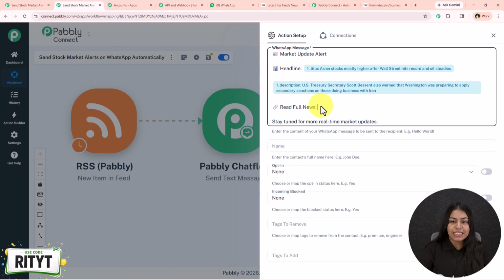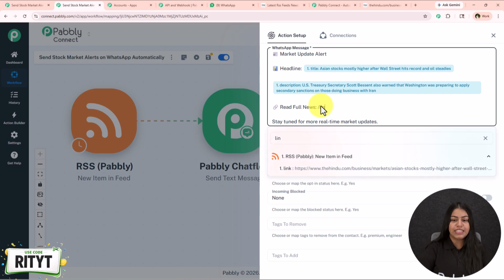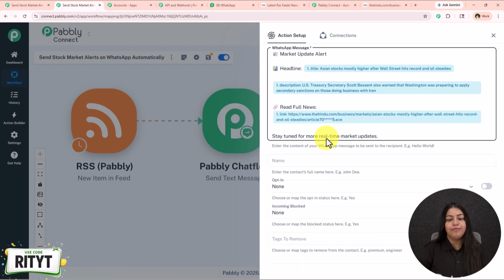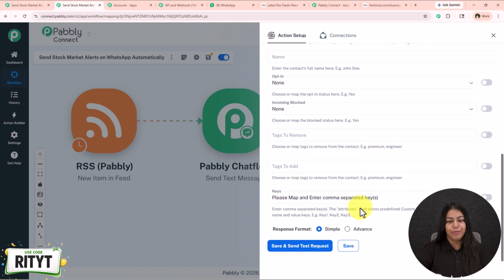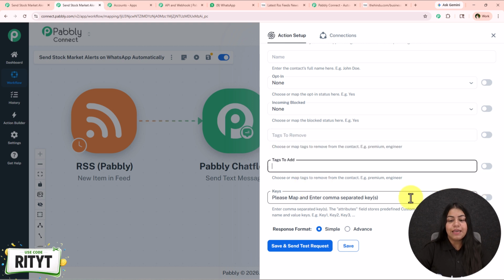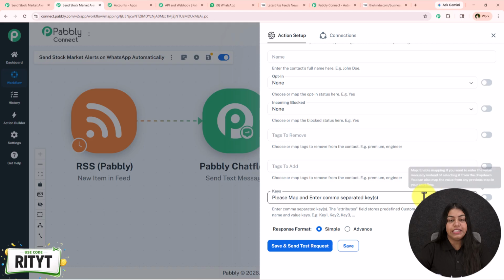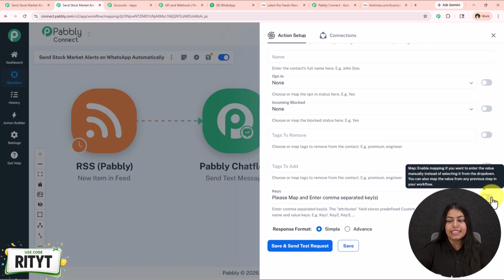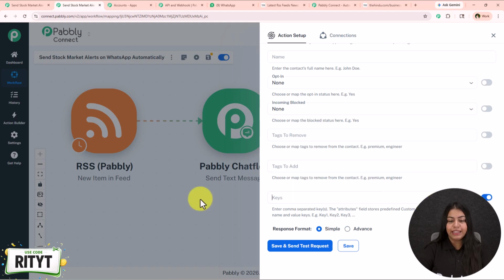In order to map these details, you have to put a slash, search for the detail, and map it like this. I've mapped all of these three. Now it is asking me for many other details, but all of these are not required. If you wish, you can definitely fill it in. Same goes for the keys. If you want, you can definitely fill it in, and if you don't want to fill this, you have to switch on this mapping button and delete whatever is written right over here